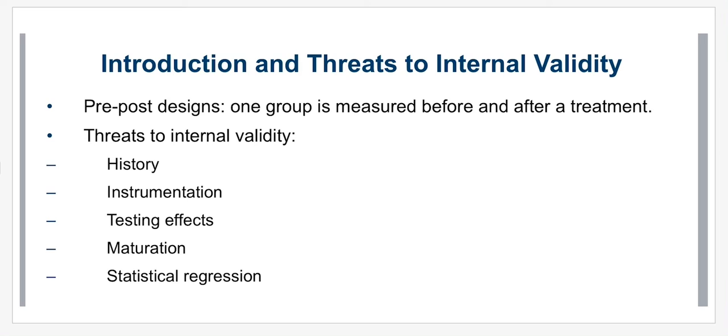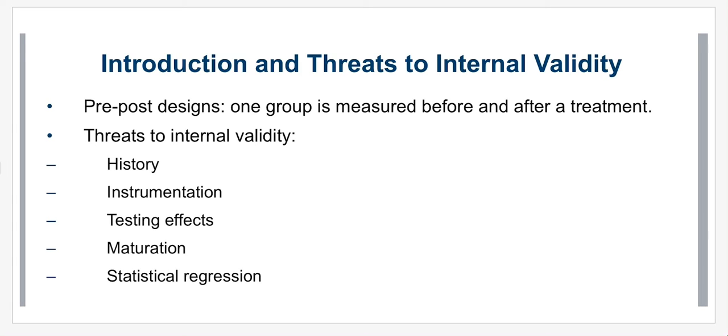Remember, those testing effects are things like fatigue and practice. We're not going to go over all of those again, but if you need to, look back at chapter 9 to remind yourself of what those are, the same kind of threats that you're going to have to be aware of in a pre-post